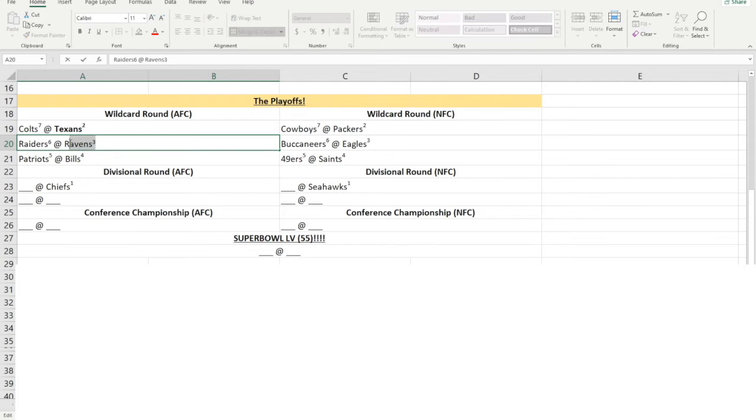So I think the Ravens will be too strong. Lamar Jackson's going to be hungry for more, so I think they'll take that. Got a huge divisional game here: Patriots at Bills. Yes, about last year or 10 years ago or 5 years ago, anytime in the last decade or two,